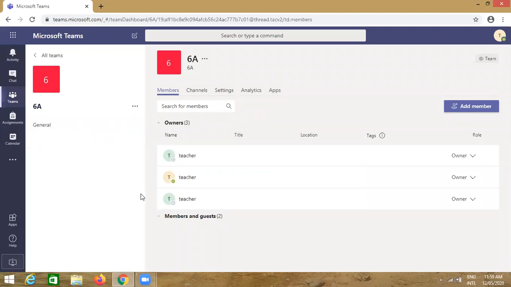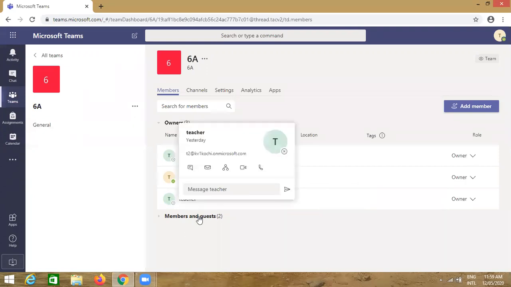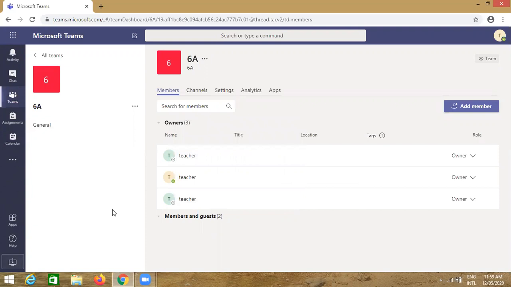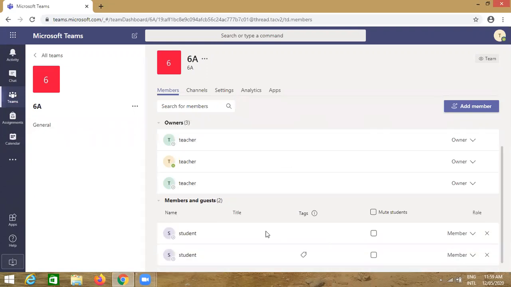So now you can see here that all the teachers are the owners of this team. They are the 3 teachers. One has created it and 2 other teachers. Here we can see who are the members. By default, the students are the members in the team. So all these students are here. This way, you have completed 2 steps.